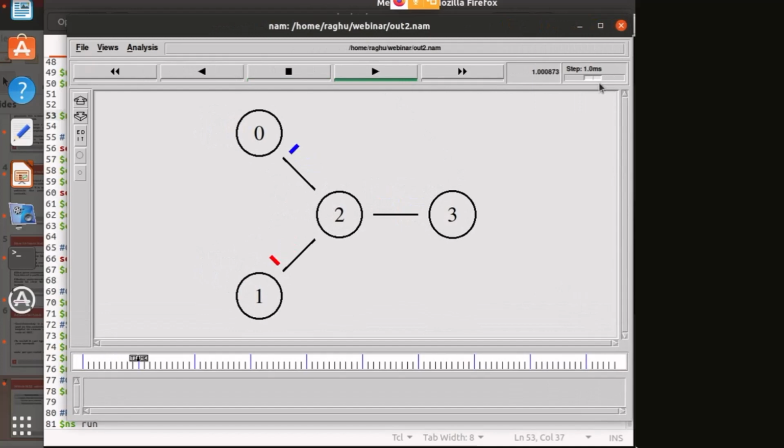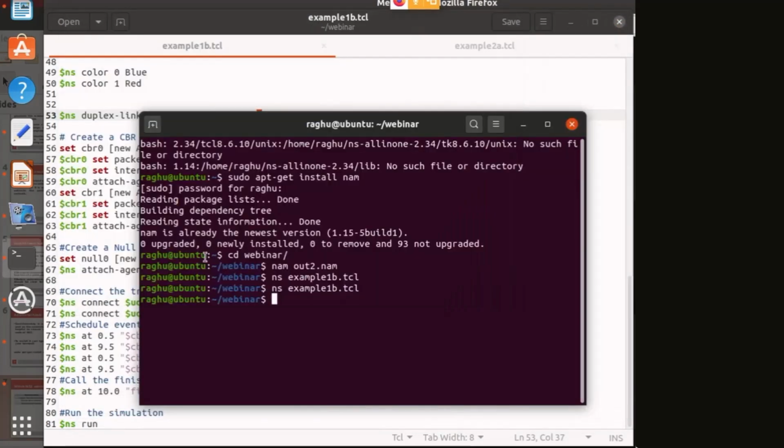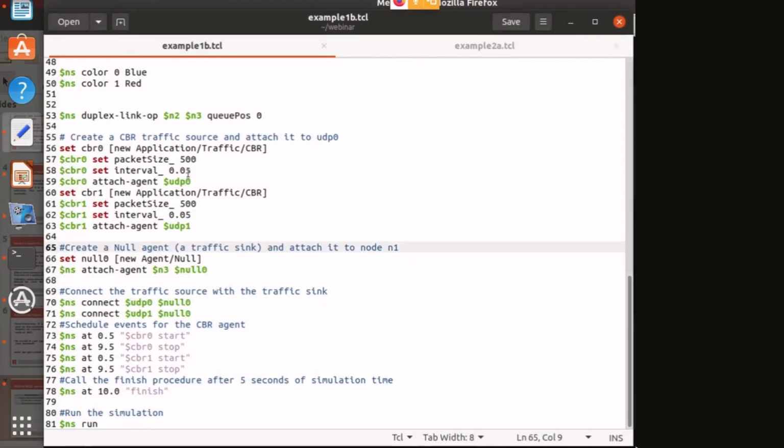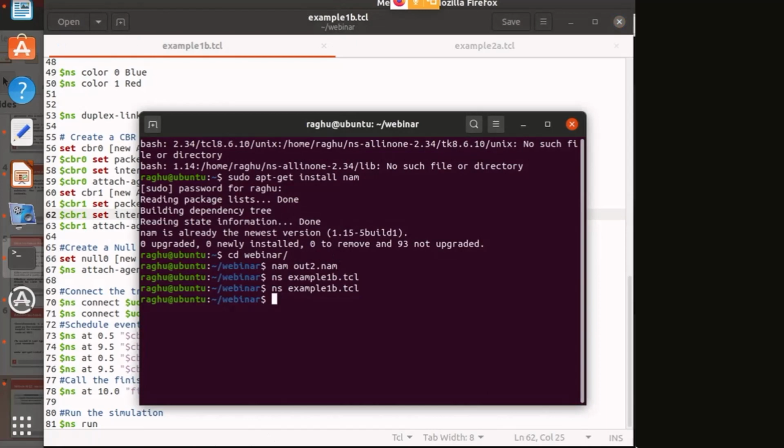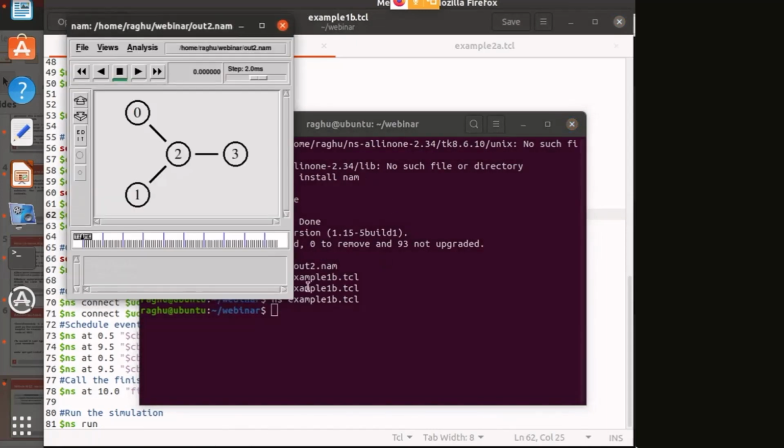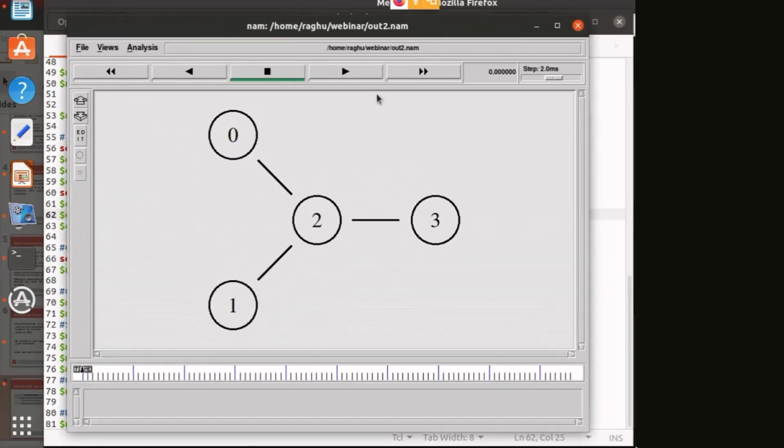You can see, okay, here since the queue is not visible, I will go back to the same configuration as earlier. Now you can see the queue type, what type of queue it is.